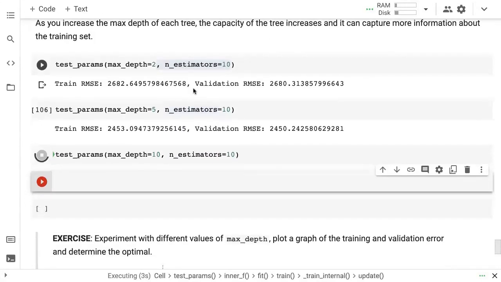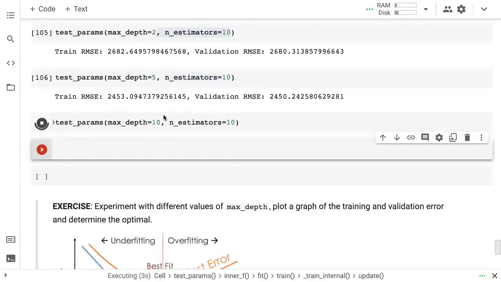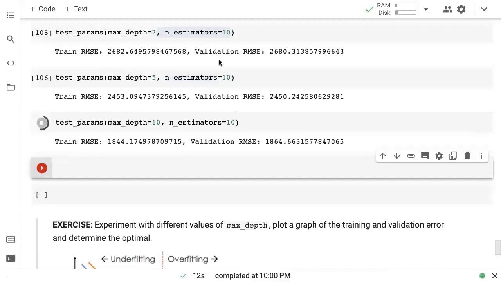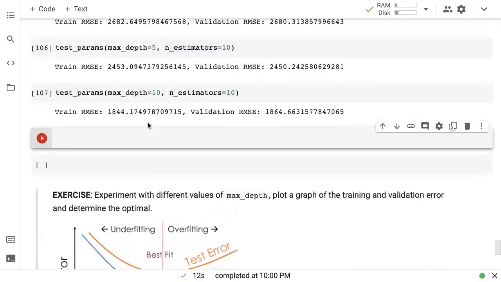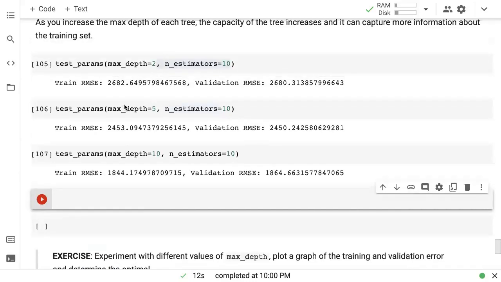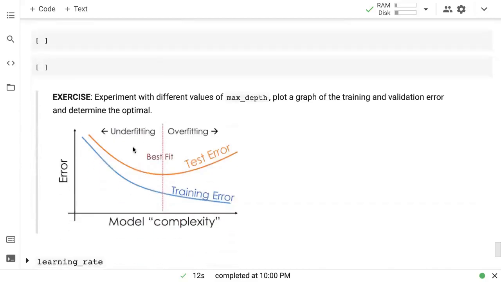And you can see as we increase the max depth, initially the loss definitely goes down. Once again, experiment with different values of max depth. Now we can see that these models are not overfitting right now. So you can probably still keep increasing the max depth till the point that you start to see some overfitting happening, which means the training error continues to decrease, but the test error actually starts to increase.